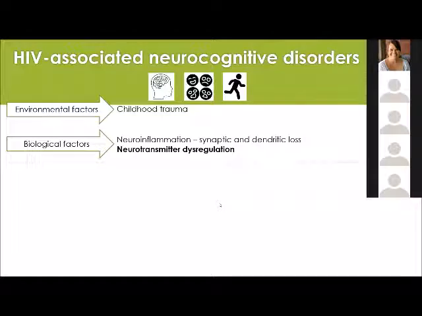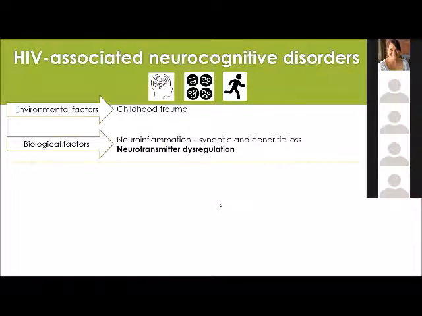There is evidence of both environmental and biological factors contributing towards the progression of HAND. The combined effects of environmental stresses, such as childhood trauma, have been associated with reduced verbal fluency and executive functioning. Through shared underlying neuroinflammatory mechanisms, environmental stresses and HAND may overlap in symptomology, resulting in a heightened combined effect on behavior and cognition.